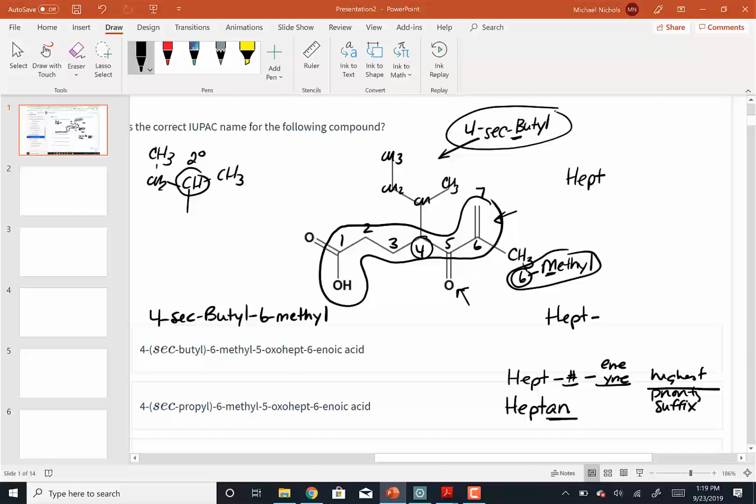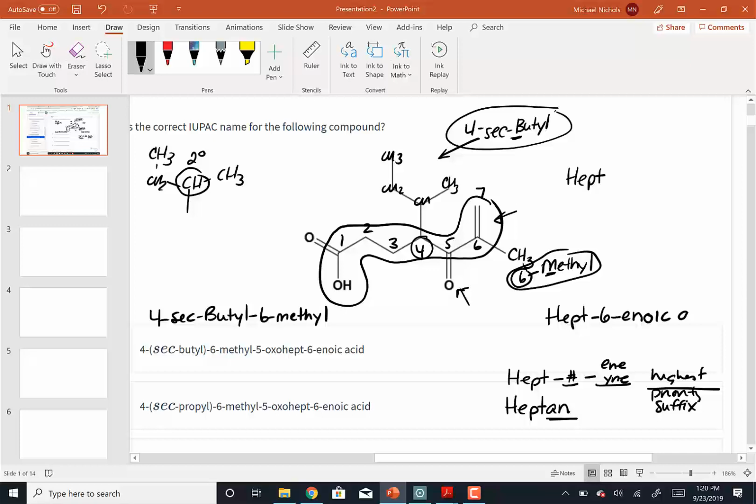The double bond starts at 6, so this is going to be a hept-6-ene. Now, whenever you try and put together an ene and something that starts with O, ol for alcohol, oate for ester, oic for carboxylic acid, the convention is to drop the E. The E and the O next to each other is not compatible. So this would be a hept